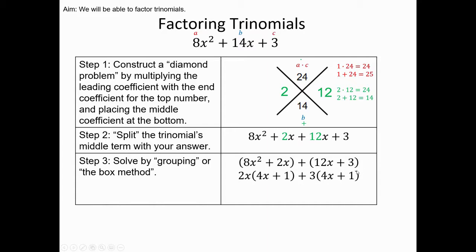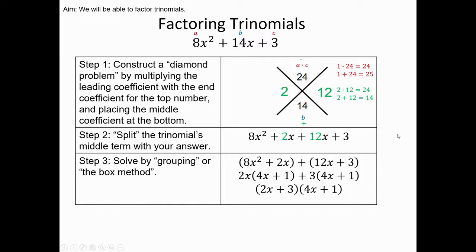And look, we know we're on the right track because both of these ended up with a 4x plus 1 and a 4x plus 1. All I have to do now is add the outside terms, 2x plus 3 with 4x plus 1, and we're done. So this is one way to do it, and I want to show you guys the other way with